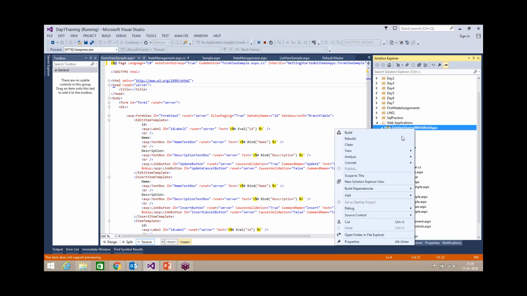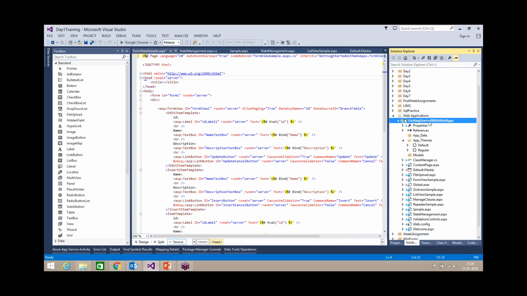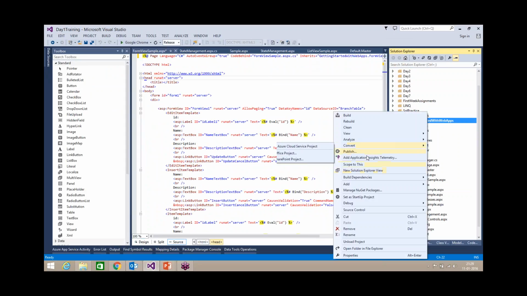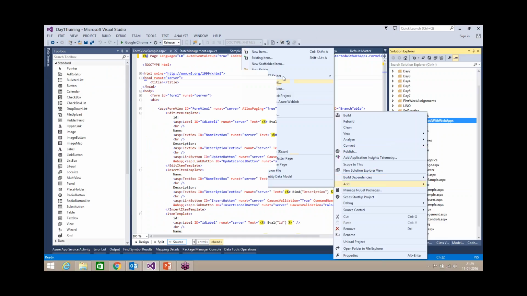So right click on your web application. Okay, all these are different types of files available in ASP.NET. Okay, add new item. Here,